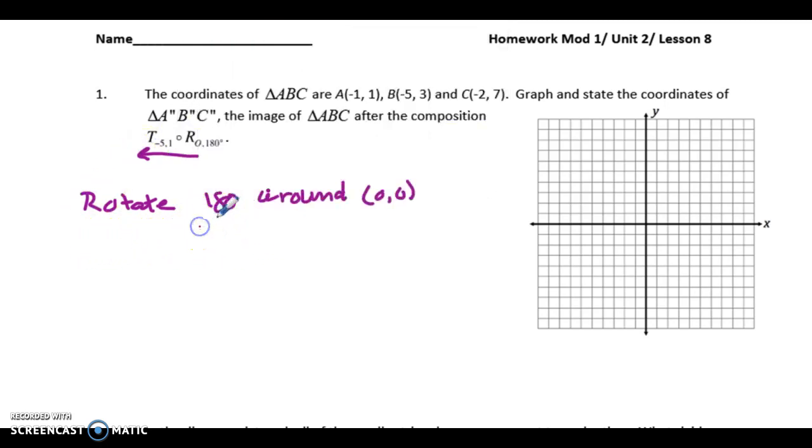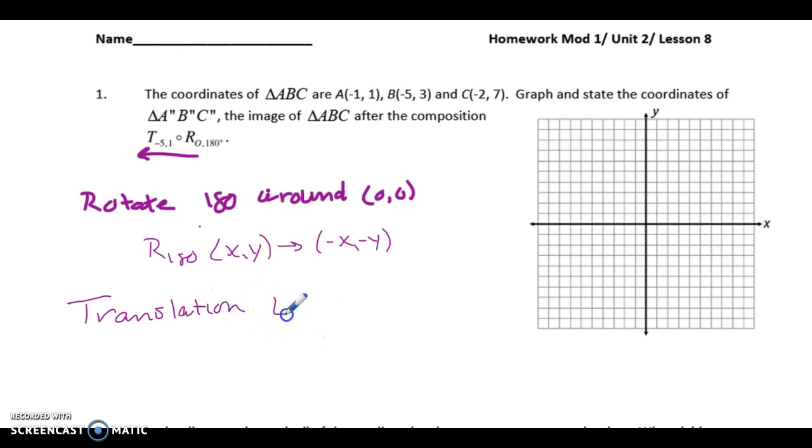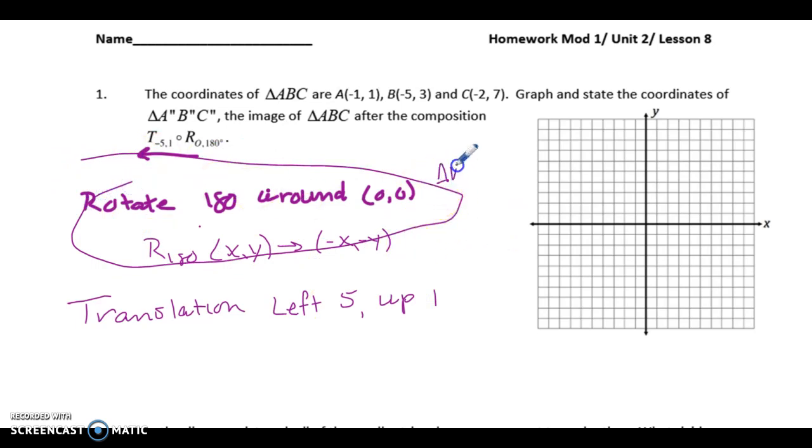To rotate 180, we talked about a rule for that. Rotating 180 will take the point (x, y) to the point (-x, -y). You negate both. And then your translation is going to be left 5 and up 1. You're going to do the rotation first, and you're going to label those ones triangle A prime,